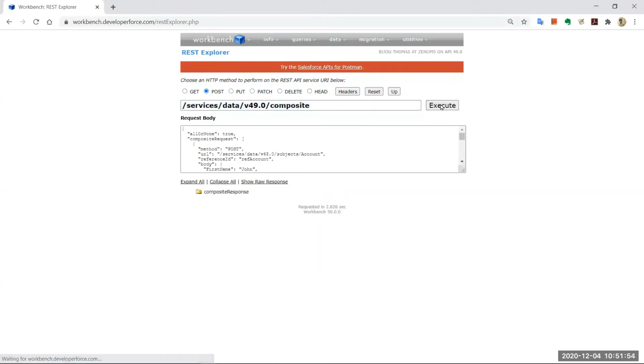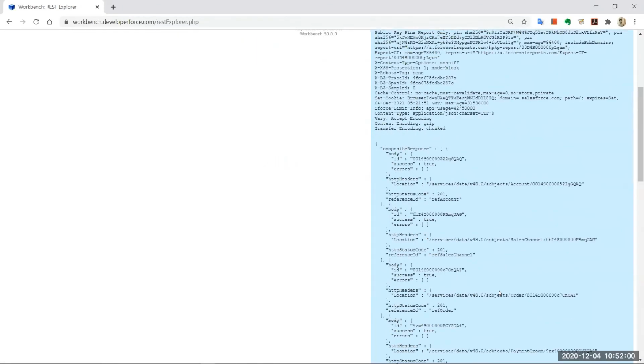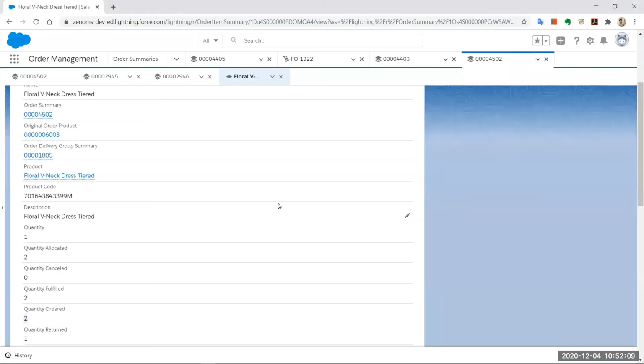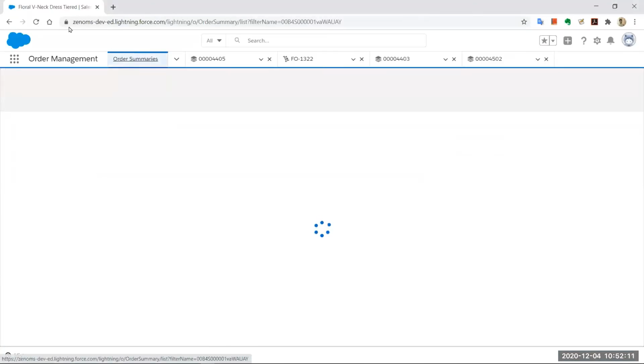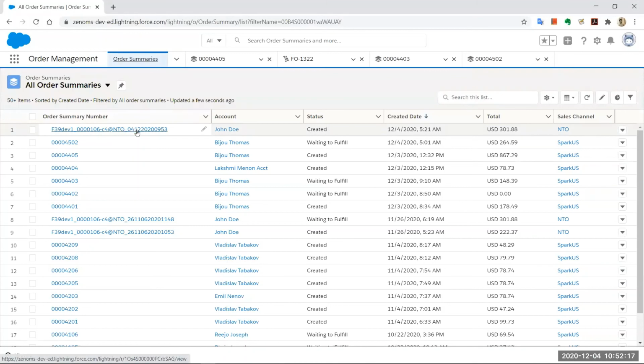And one of the other capabilities that it lets you do is split orders. So you can do split fulfillment. So if I go back to my instance and I go to order summaries, you get to see this is the order that I just created, right? And